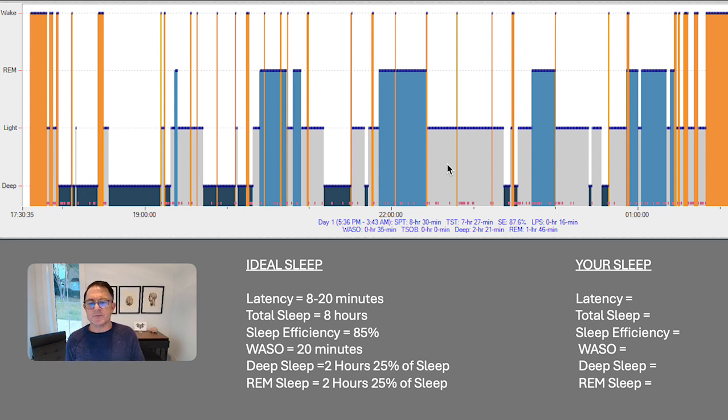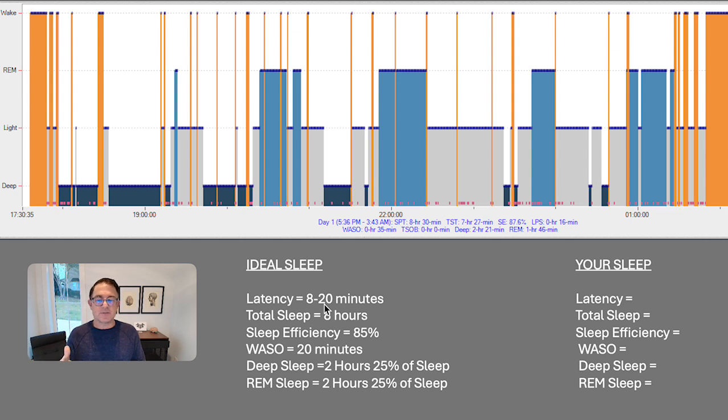First of all is something called latency. Latency is the amount of time it takes you to get to sleep. We want this to be between 8 and 20 minutes. If it's too quick, like some people say, my head hits the pillow, I fall asleep, that may not be